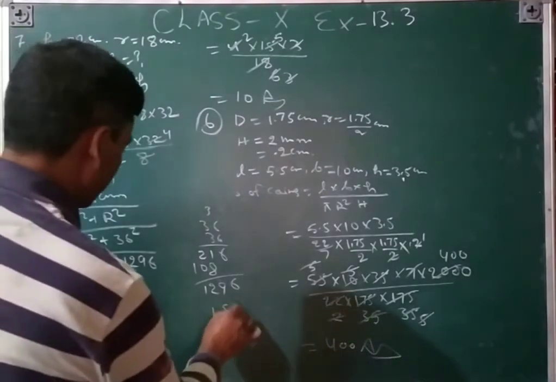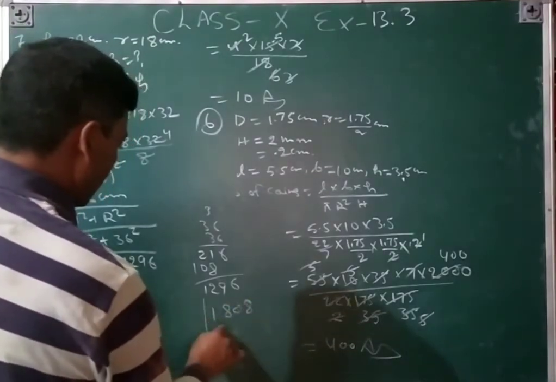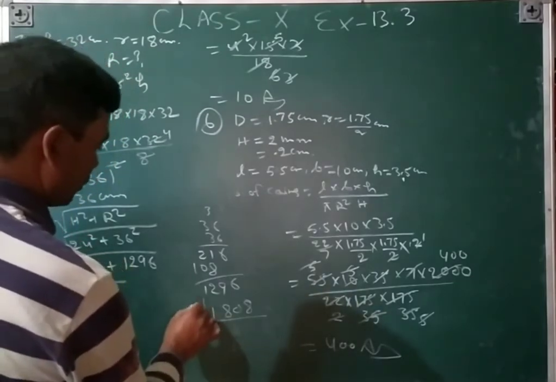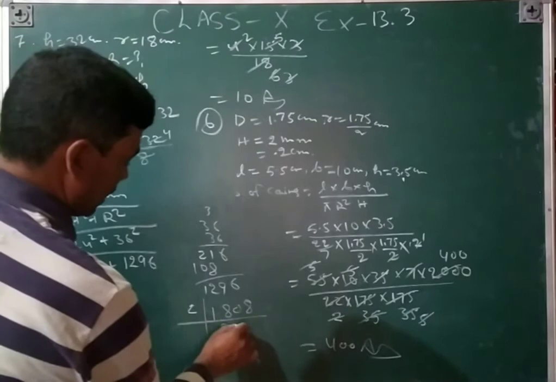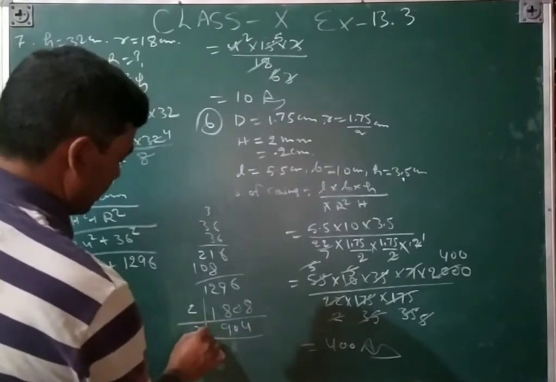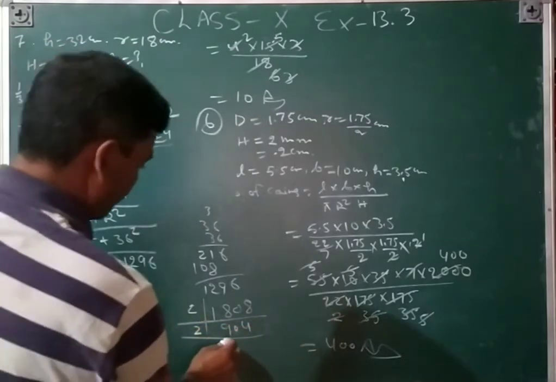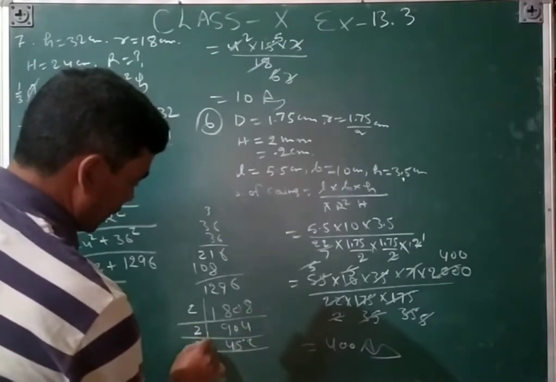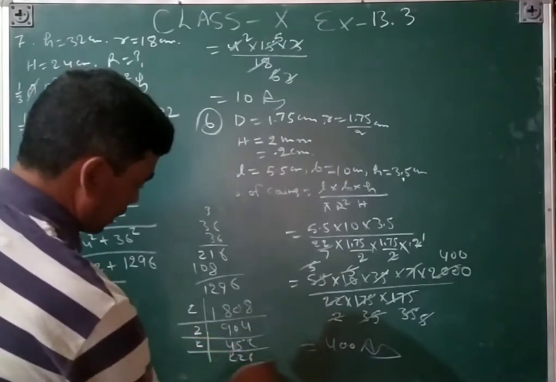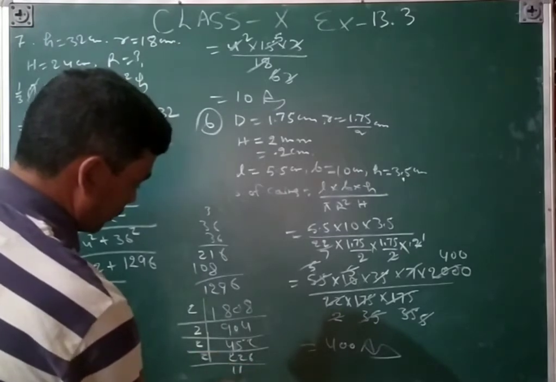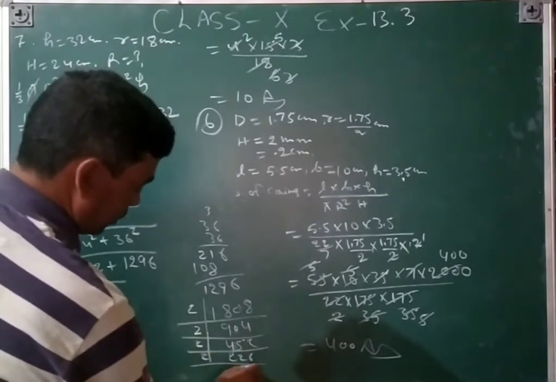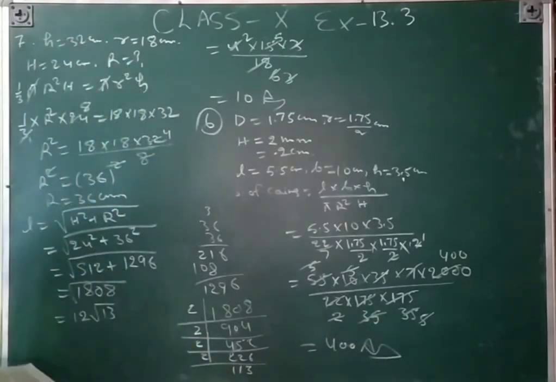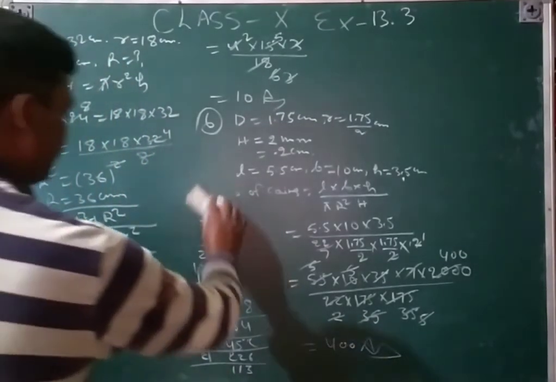How will you find that? 1808, and then divide by 2. You can do 3 9s are, 3 4s are, then by 2, 2 4s are, 2 5s are, 2 2s are, by 2 again, 2 2s are, 2 6s are, by 2 again, 2 1s are, 2 3s are. After that you say that like this you will find that answer. And then